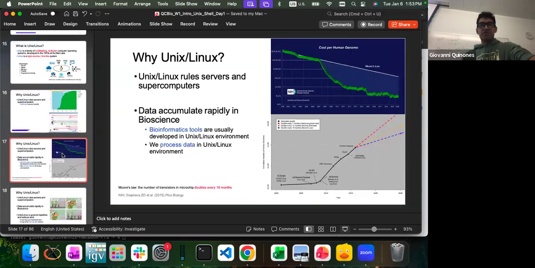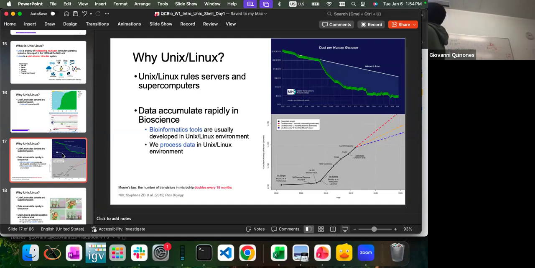Now, since most of us are doing research or work in the biomedical sciences or biological sciences, one of the reasons why we'll prefer to do this work over Unix or Linux is because biological data has been increasing exponentially.